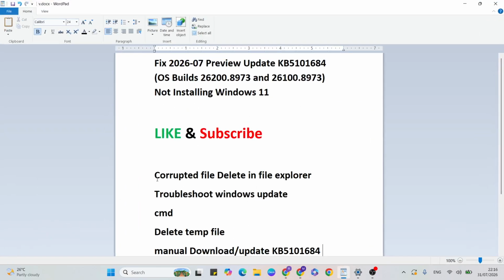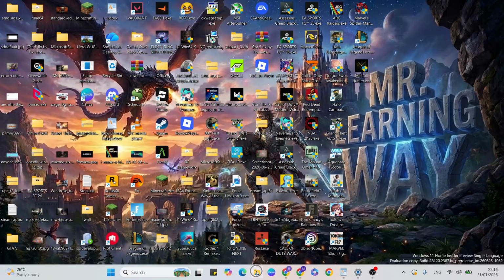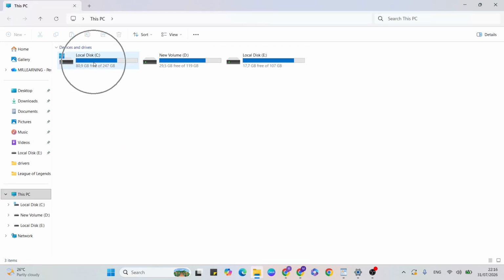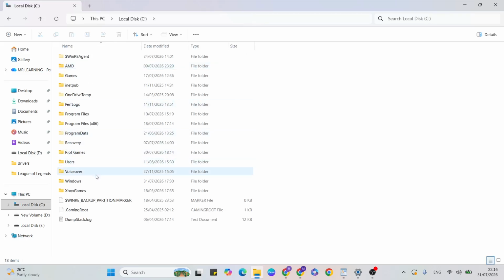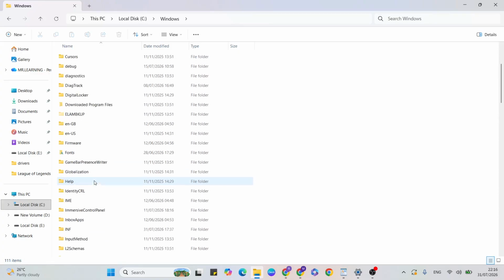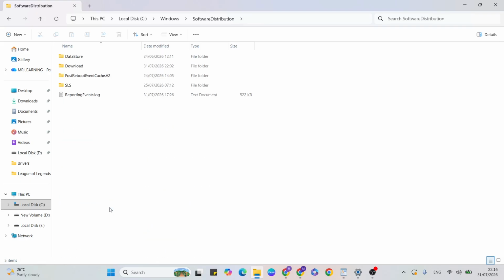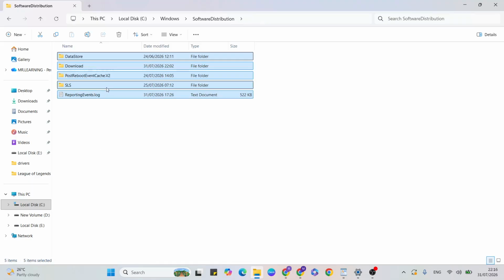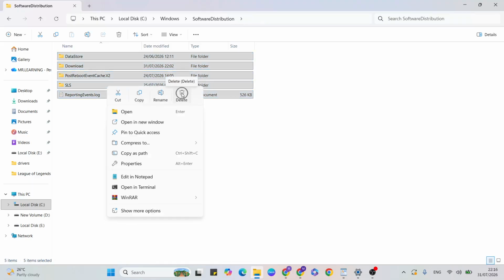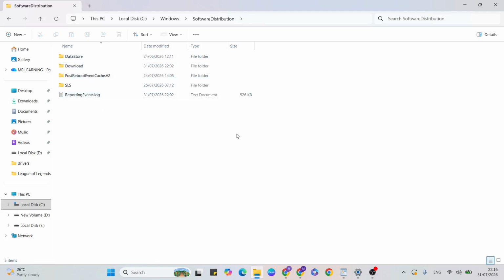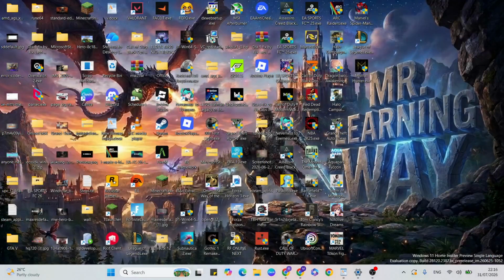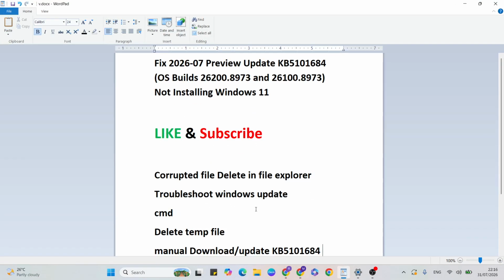The first solution I'm going to talk about is deleting corrupted files in File Explorer. Open File Explorer, then select Local Disk C and double-click to open. Here you can locate the Windows folder and open it. Then scroll down until you find the SoftwareDistribution folder. If you found it, double-click to open, select all, right-click, and delete everything. It is safe. Then come back to File Explorer. After that we can proceed to the next solution,